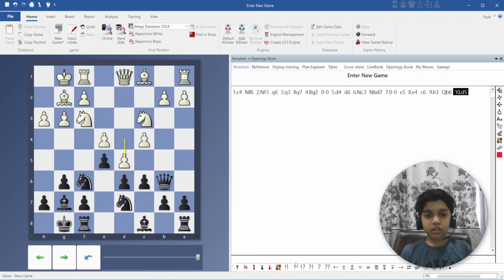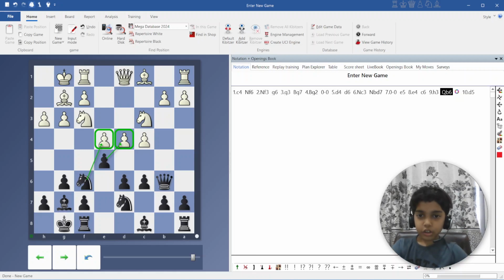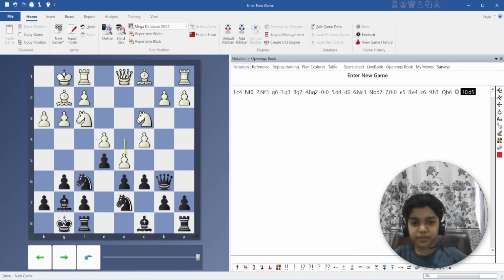d5. Now, firstly, white played d5 because black's idea is to play e into d4 and knight into e4, which results in the attacking of the d4 pawn, or the knight, when the knight is on d4, we can also start playing the knight. And now after queen b6, d5, it is played